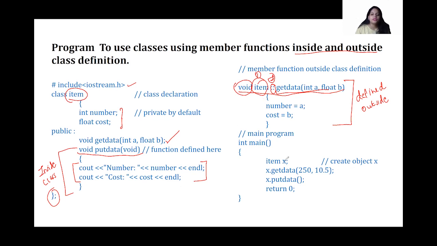After that, in the main function, I'm creating an object X here. This is the name of the class, and I'm creating a variable of type class. This variable is nothing but an object of this particular class, and using that object, I am able to access the member functions. So I'm saying X dot get data. At that time the control comes over here and we pass the parameters, and also I'm saying X dot put data. It will not make any difference in the execution. The only thing is that we have the definitions, one inside and one outside. So this works like a regular function call, right? I hope this particular code is clear.